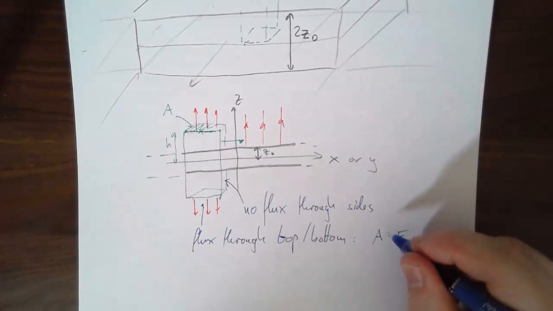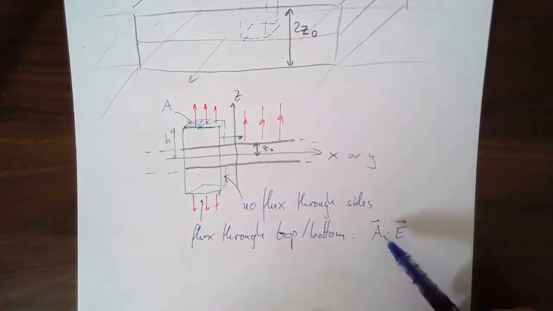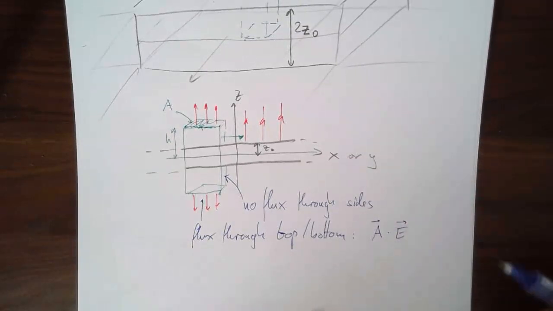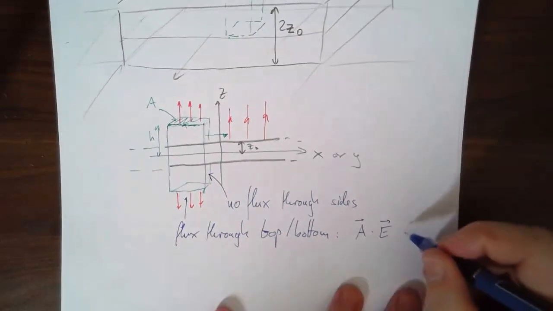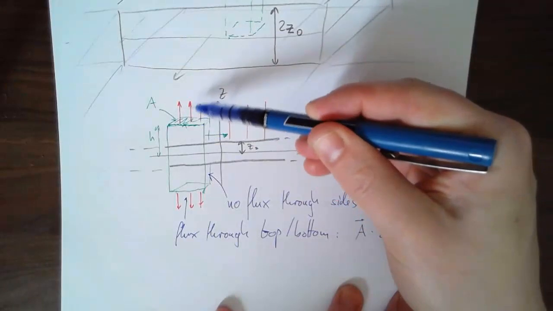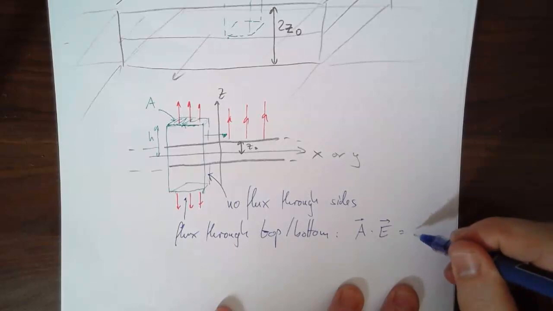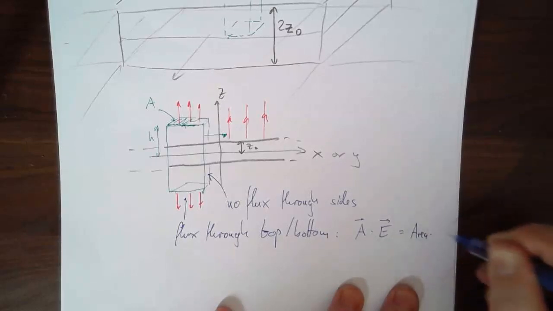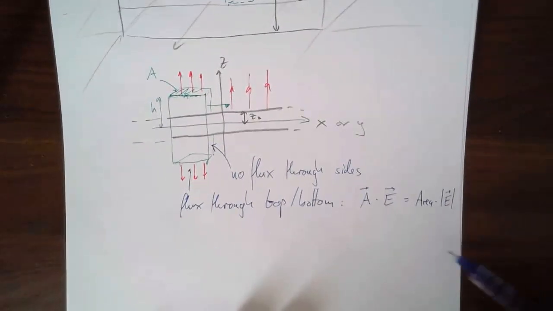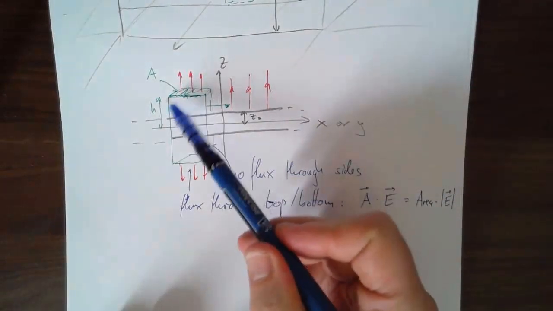So let me write it out, but because E is constant, I can essentially just take the flux as the total area dotted with the E field. The angle is 0 between the flux sticking out the top and the field lines. So this is just the area times the magnitude of the electric field, and that's each. So you've got 2 of those. That is your flux through this